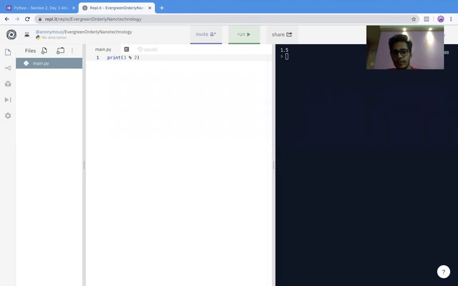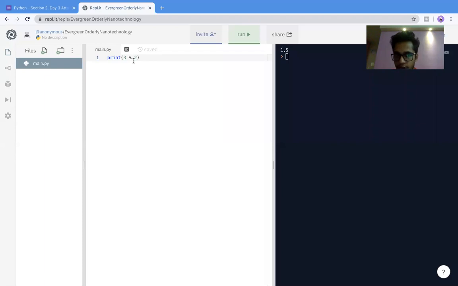When you have a division, 3 divided by 2 was 1.5. This was not a whole number. Now, if this is not a whole number, this means that 3 divided by 2 will give you a remainder, right? From your mathematics days, you have a quotient and a remainder when you have a division operation.